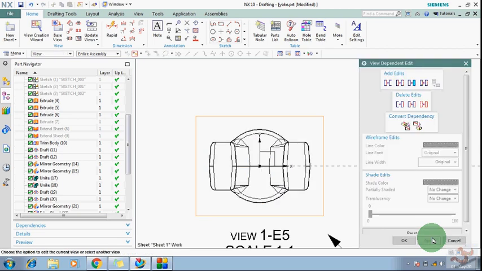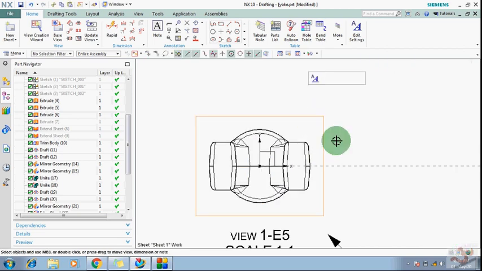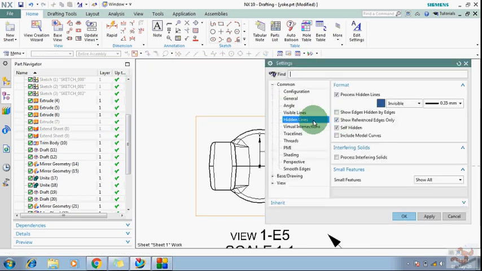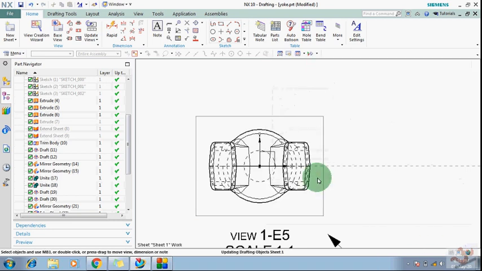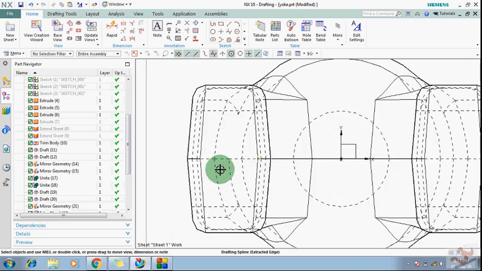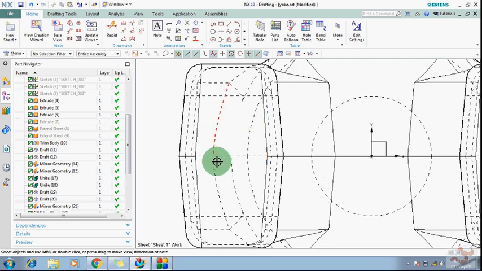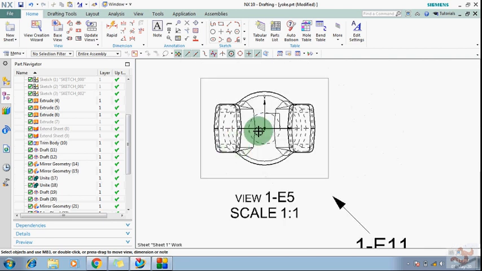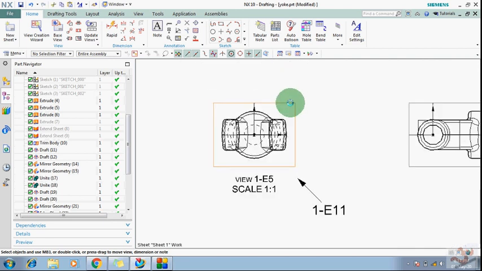Just click OK, go to the settings. Sorry, you don't need to do it individually, make it task line and check on this. Okay, now you can see here the lines are showing which I have deleted. Okay, you are able to see. Okay, now these lines are visible, but the thing is that when I click